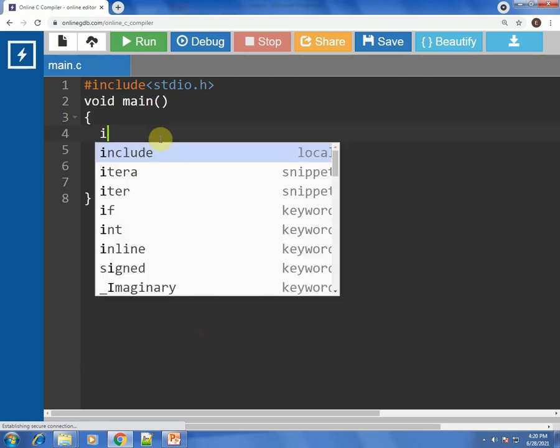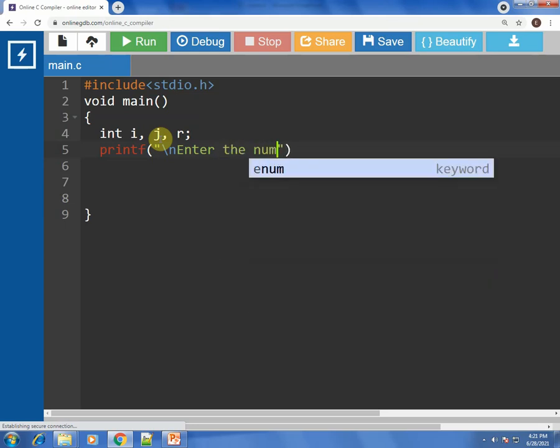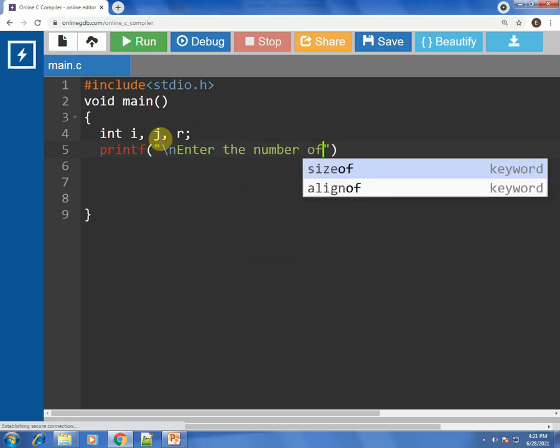First of all, we have to declare whichever variables we require. So let's say we require i and j. Currently we'll just declare these 3 variables. When we require more, we'll declare the remaining variables. First of all, we have to take input of the number of rows from the user. So let us put a message saying enter the number of rows, so that the user is aware.